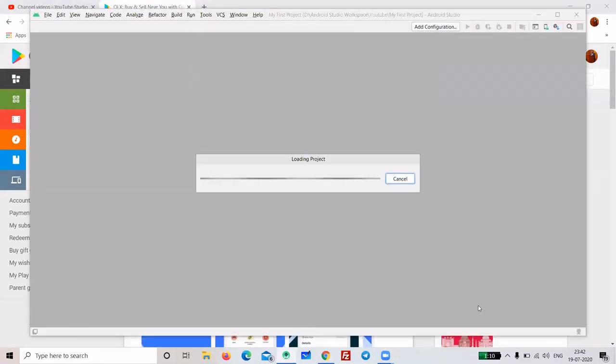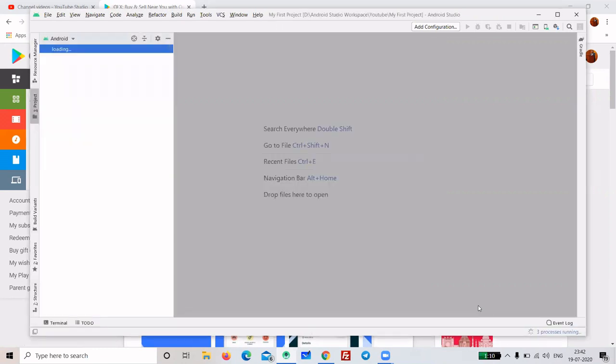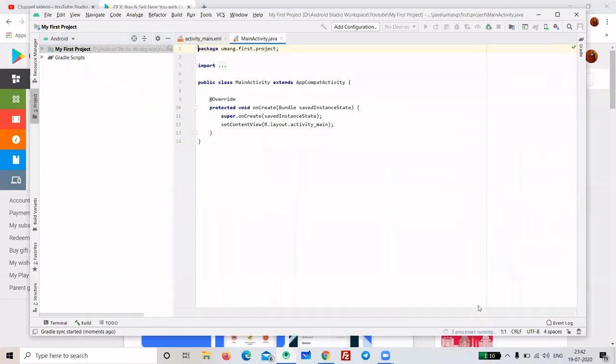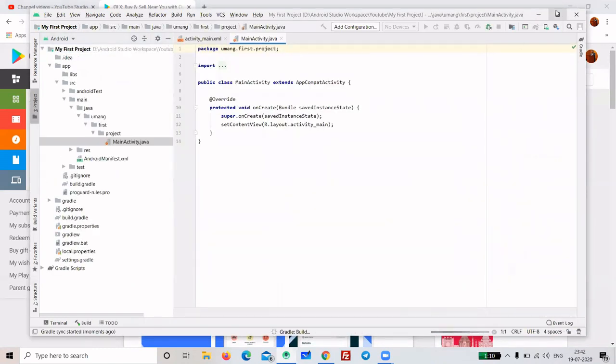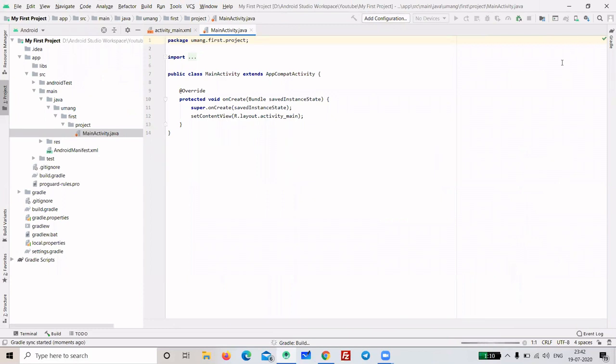So after finish, it will take some time to load the project and to build the project. It will take some time, depending upon your RAM. If you have a good RAM, then your project will be built very fast. But if you have a slow RAM like 4 GB or 2 GB RAM, it will take a lot of time to build. Here build means that it compiles the complete project and checks the syntax. So right now it is building the project, and after building it, you will get the message that build completed.